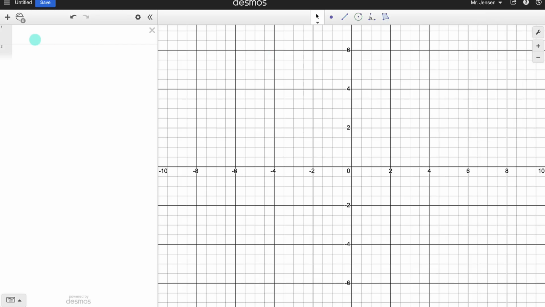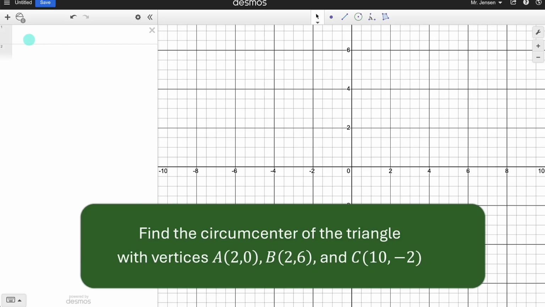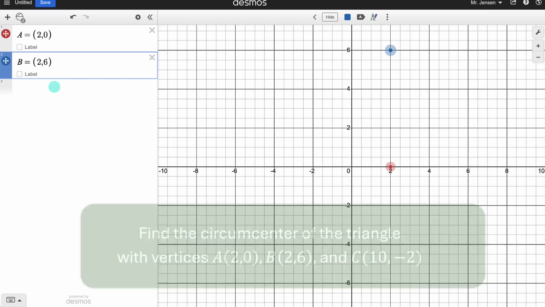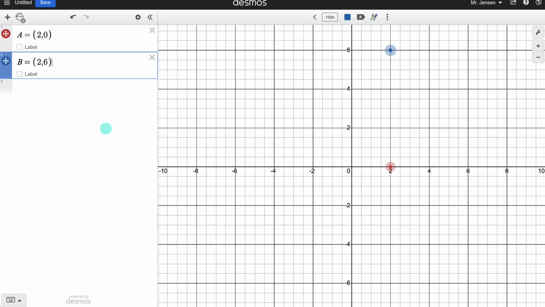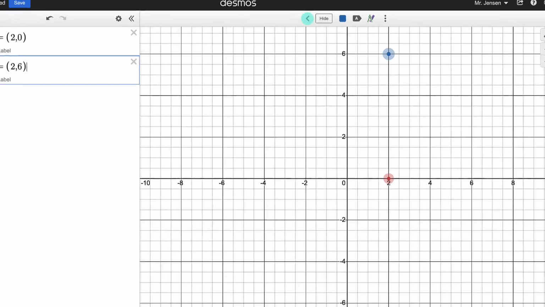And then I think a good way for me to show you what this tool is useful for is to do an example I do with one of my grade 10 math classes. Let's find the circumcenter of a triangle that has vertices at A (2, 0), B (2, 6), and C (10, -2). But instead of typing it like I typed A and B, another option would be to use this